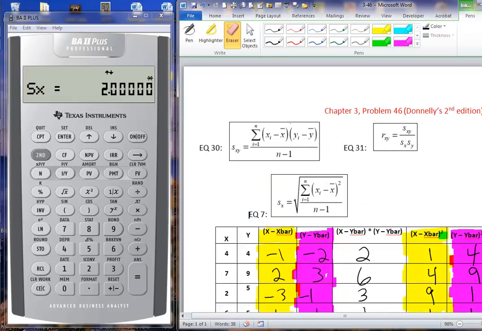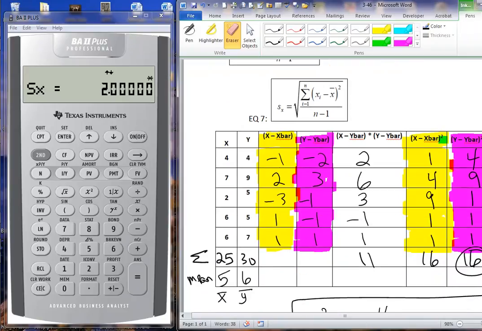Hello, this is again problem 46 in chapter 3 of Donnelly's second edition. In the problem, you are told to compute covariance and correlation coefficient. In the very first video, I showed you how to do that problem manually. I also showed you how to use Excel, and in this one I'm going to show you some of the